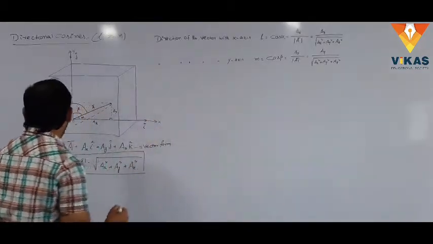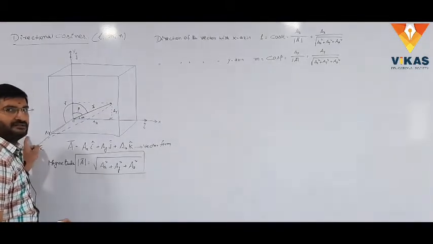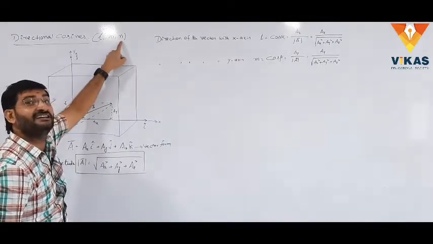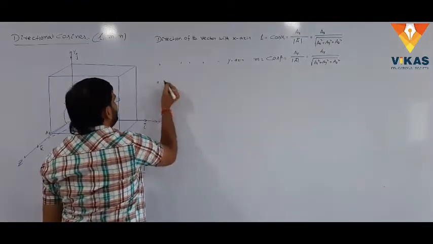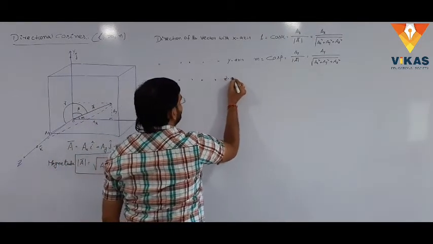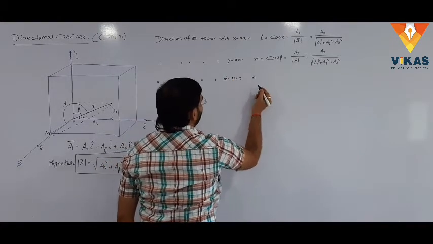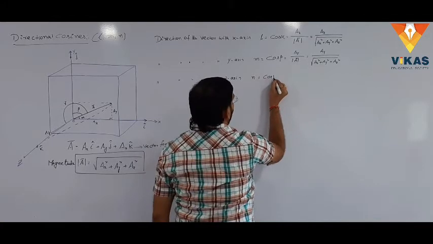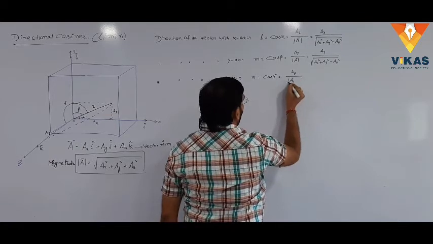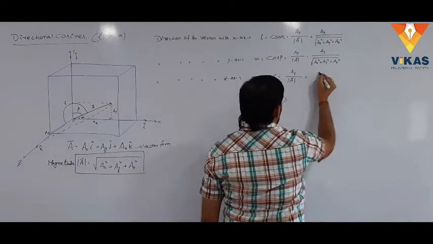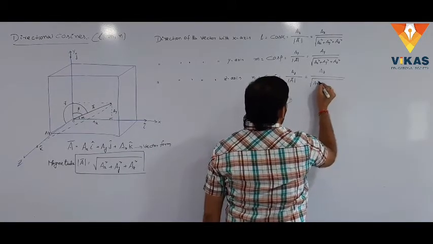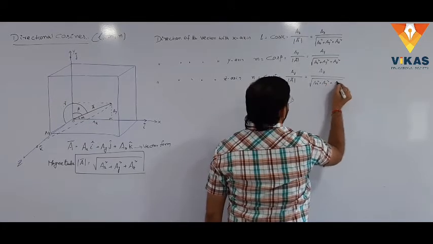The third one, this is the three-dimensional vector. We mentioned the third dimension. The third directional cosine is there. That third directional cosine is n. It can be represented with the direction of the vector with which axis? Z axis. It is represented with n, which is nothing but cos gamma, similarly, that is az by a bar modulus. Simply it can be written as az by what is the a bar modulus here? Root over ax square plus ay square plus az square.